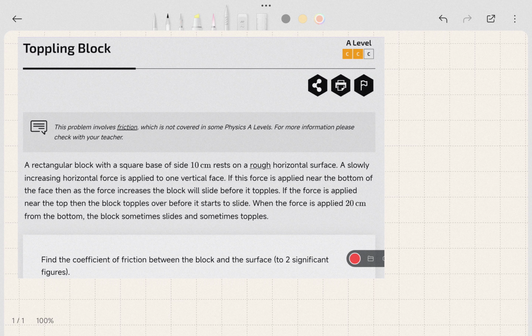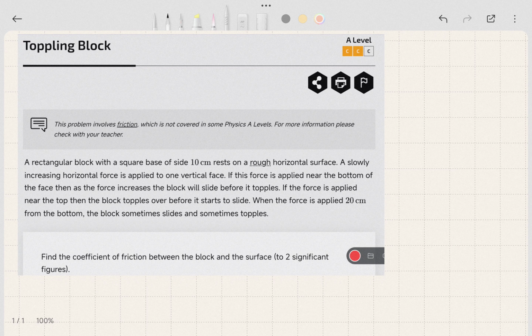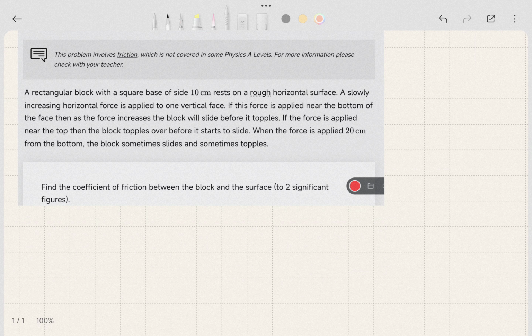So today I'm going to go through this problem as someone who hasn't really done this problem before. Like I haven't seen this problem before making the video today. So let's get started. So the question states a rectangular block with a square base of side 10 centimeters rests